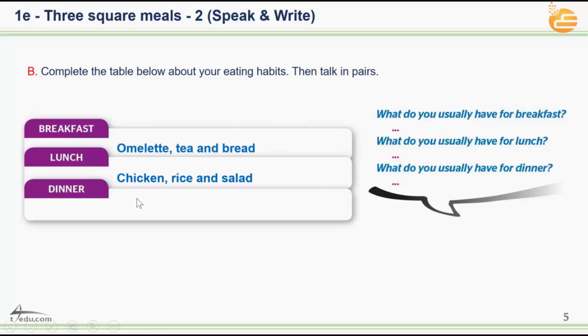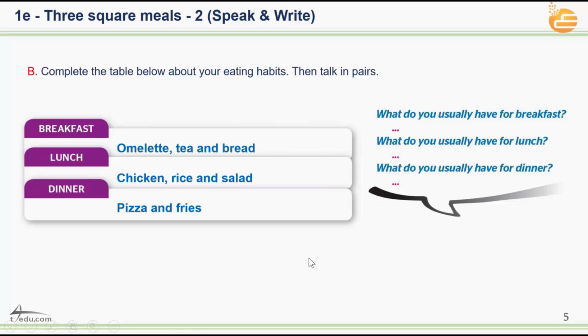The last one, the dinner. What about dinner? What do you have for dinner? Very nice. For me, I'll talk now about myself. For me, for dinner, I have pizza and fries. Okay? Very nice. So now I want you to do something with your maybe friend, your brother, your father, mother,